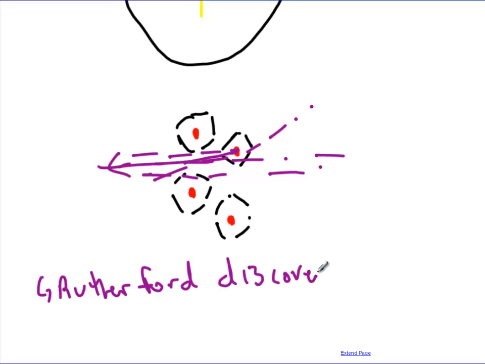And so this model of the atom didn't have everything distributed equally. It had all the mass concentrated in the center of the atom, and most of the actual volume of the atom is empty. There's little electrons buzzing around it. And so what Rutherford really did was discover the nucleus. Rutherford discovered the nucleus, and his experiment is famous. It's called the gold foil experiment, and it basically changed the atom one more time.